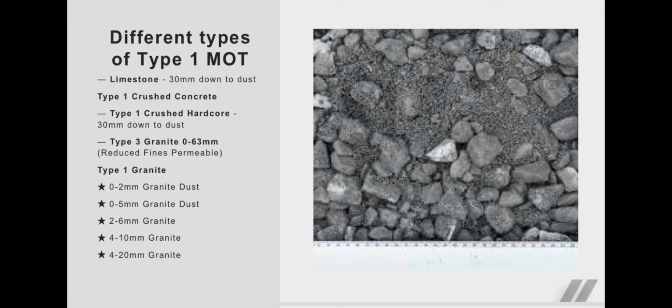Limestone, 30 mm down to dust. Type 1 crushed concrete, hardcore, 30 mm down to dust. Type 3 granite, 0 to 63 mm reduced fines, permeable. Types of granite: 0 to 2 mm granite dust, 0 to 5 mm granite dust, 2 to 6 mm granite